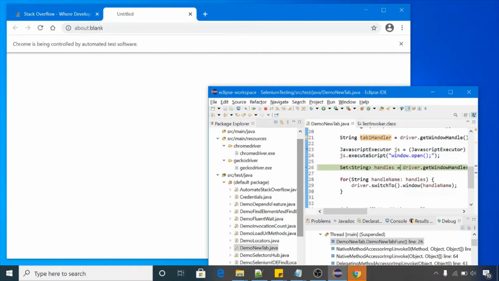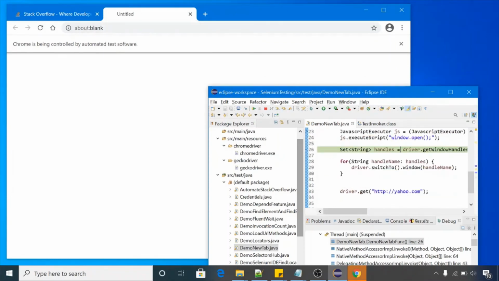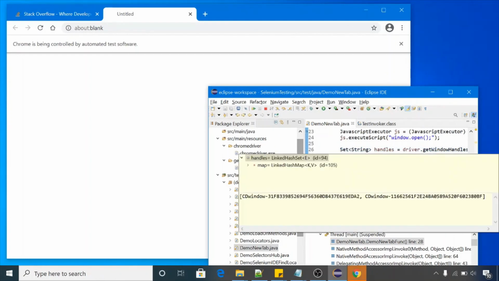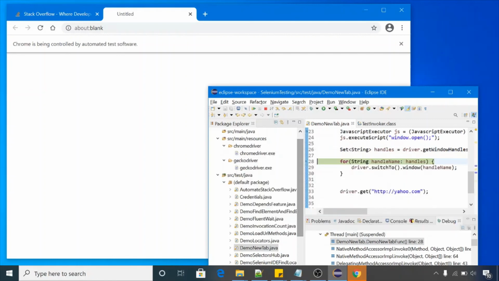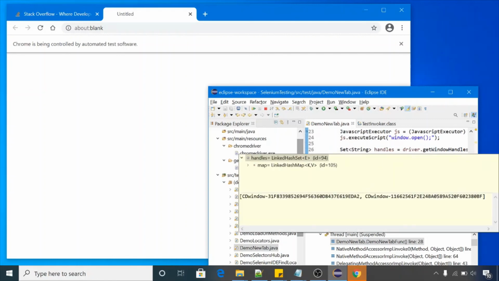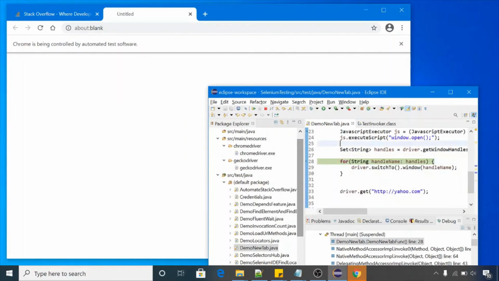Now at line number 26 we will get all the handles. Press F6. Have a look. We got two handles, right? We have two tabs in our browser window, and we are getting two handles in this set. Handle number one is 31F8 and handle number two is 1166. Now we will use this loop to switch our control to the last handle.